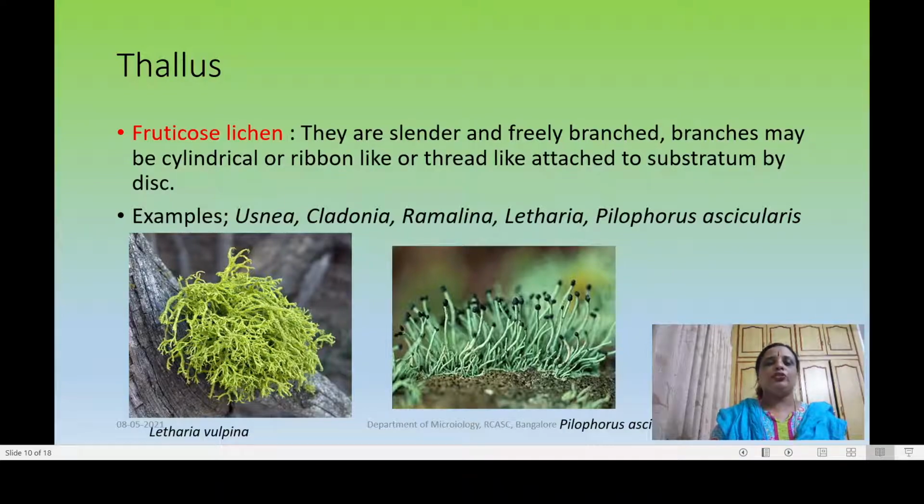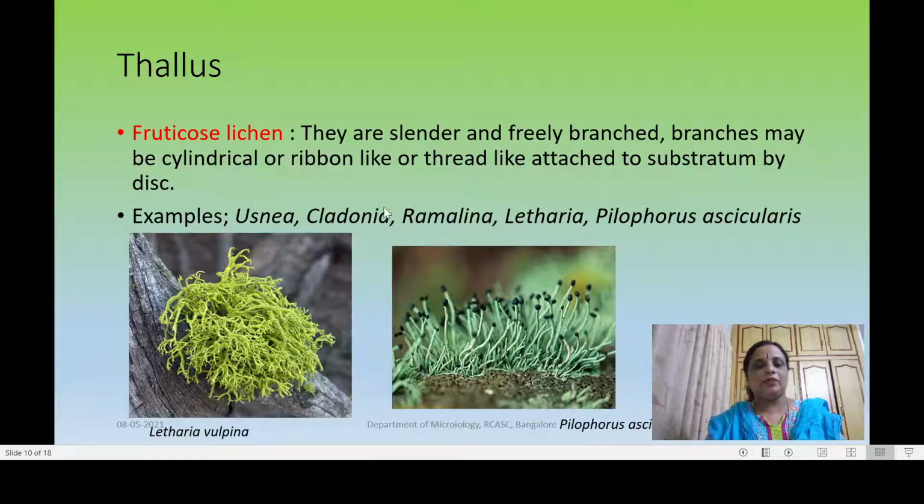Then coming to the fruticose lichen. If you see these lichens, they are slender and freely branched. They are not flat. Remember, they are not leaf-like. Branches may be cylindrical; you could see the thallus is cylindrical. They can be cylindrical or tape-like, tape in the sense of a flat ribbon-like structure, or thread-like,